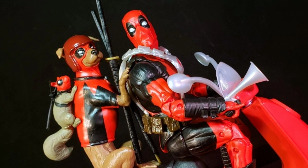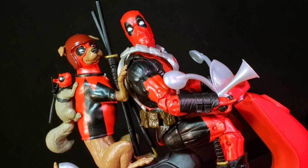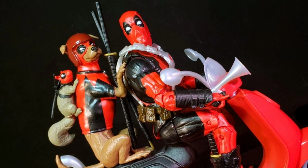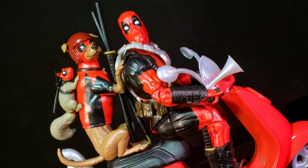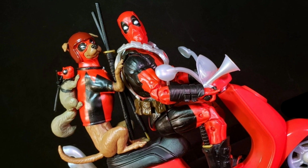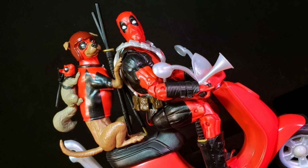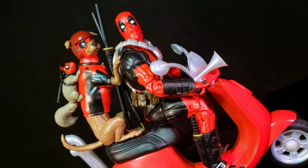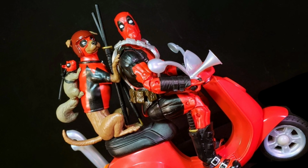It is a little awkward sitting Deadpool on the scooter, I wish it was a little more flush, but overall it's still really cool. Dog Pool and Squirrel Pool are definitely the home runs of this set. It is so wild to me that we actually have those two characters in Marvel Legends form. That's pretty awesome. So hopefully soon we can get that Kidpool and have the entire team. So I give this set a rating of 4 Bat Bombs